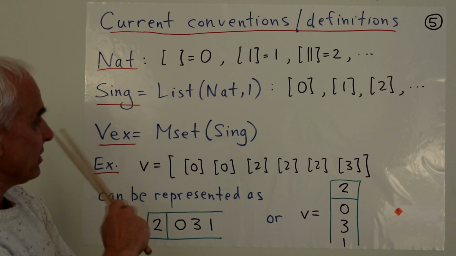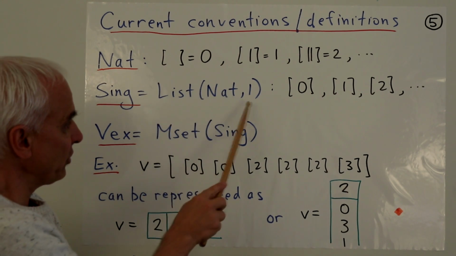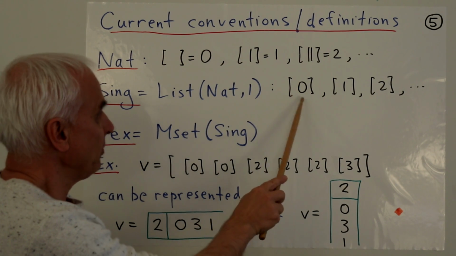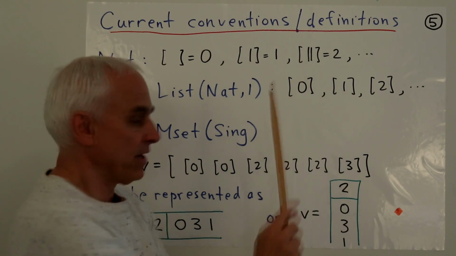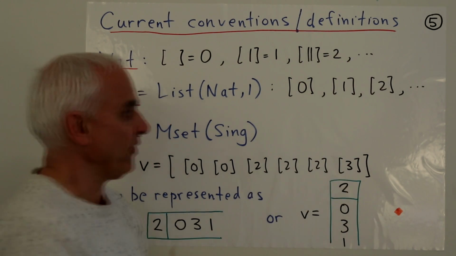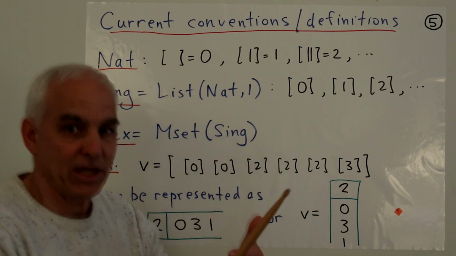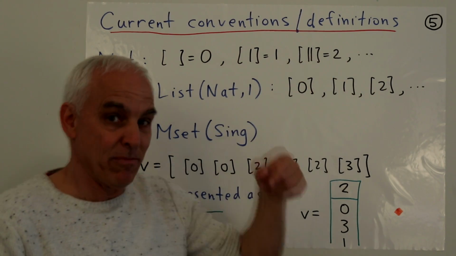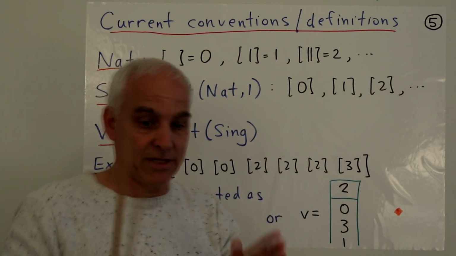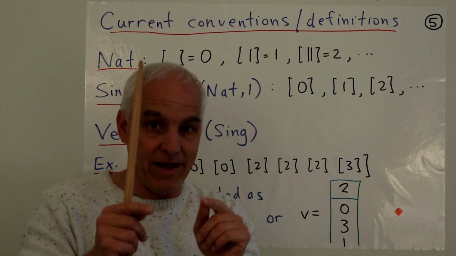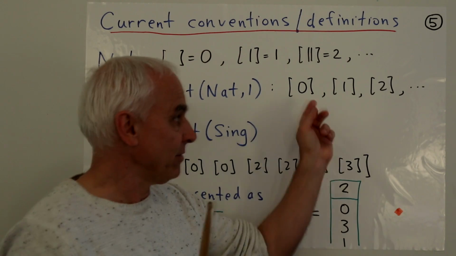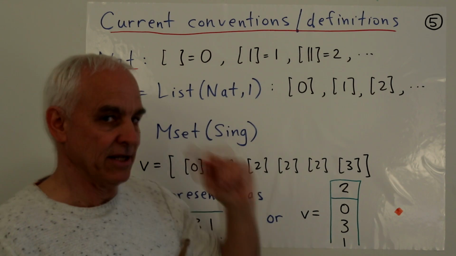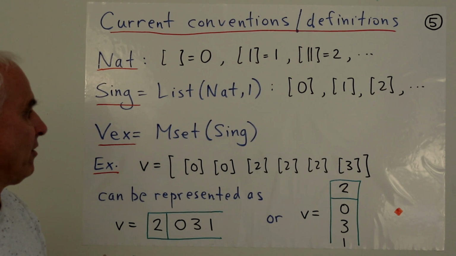All right, then our singletons. A singleton is a list of natural numbers of size 1. So here are singletons: there's a singleton with the number 0 in it, a singleton with the number 1 in it, a singleton with the number 2 in it, and so on. If we were officially going to say what this singleton is, we would have to replace this 2 with the M-set consisting of 2 marks. So technically speaking, that singleton is an M-set which itself contains an M-set which has 2 marks in it. But we'll stick with the simpler notation because it's easier for us to understand, although a computer would be quite happy dealing at this more assembly-level kind of level.